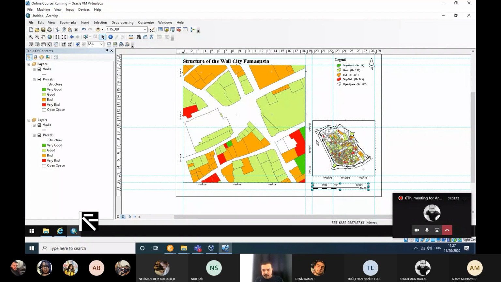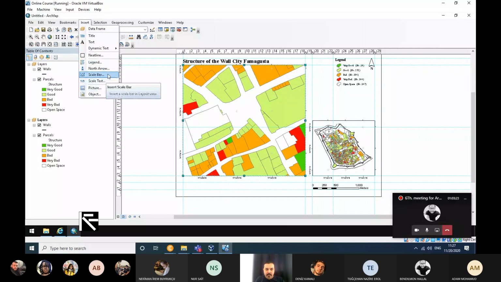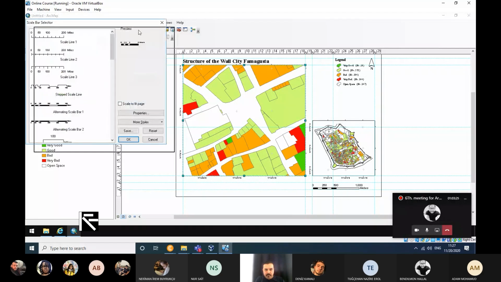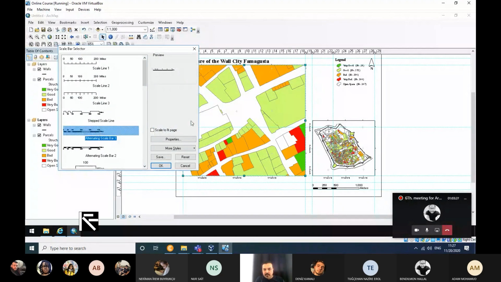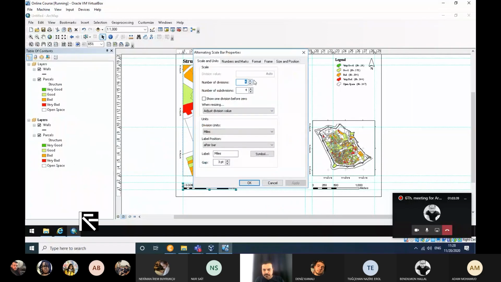This time, you need to select this map and then go to insert scale bar, because this scale is going to be created for this layer. You see the size is very different than the other one. So I'm going to fix the properties. Maybe we have a 2 and 3. We need to have a